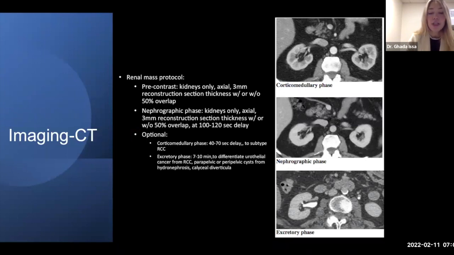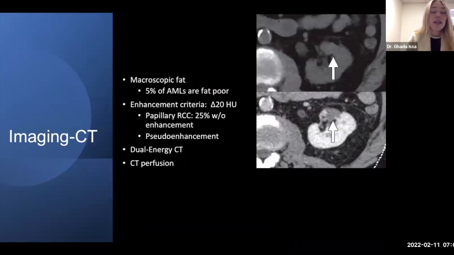And then excretory phase is also optional, 7 to 10 minutes, and this is mostly helpful to differentiate urothelial cancer from RCC, as well as to differentiate peripelvic cysts from hydronephrosis and calyceal diverticula. And then imaging with CT is definitely helpful to find macroscopic fat in renal neoplasms. However, the caveat is that up to 5% of angiomyolipoma, which is our most common renal neoplasm containing macroscopic fat,